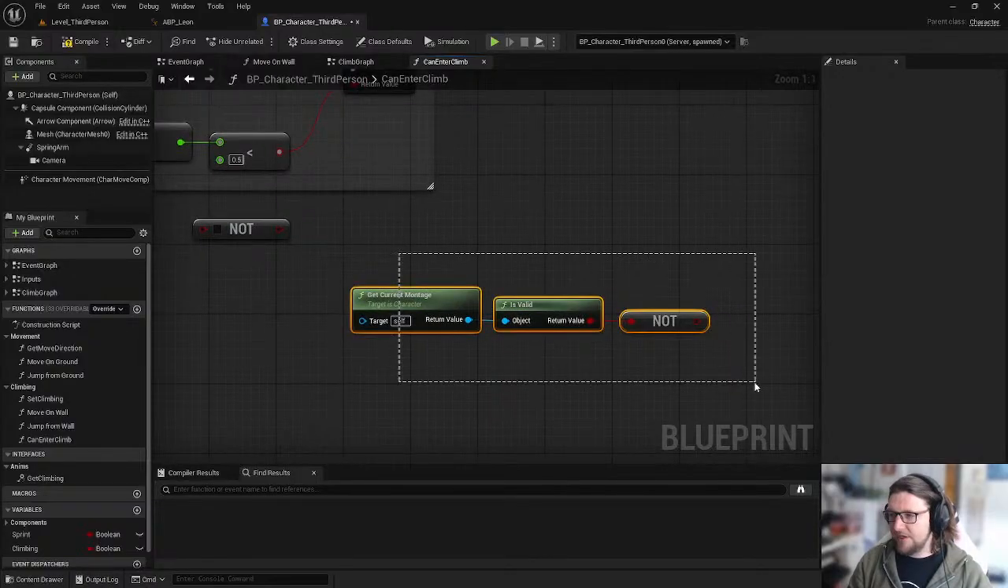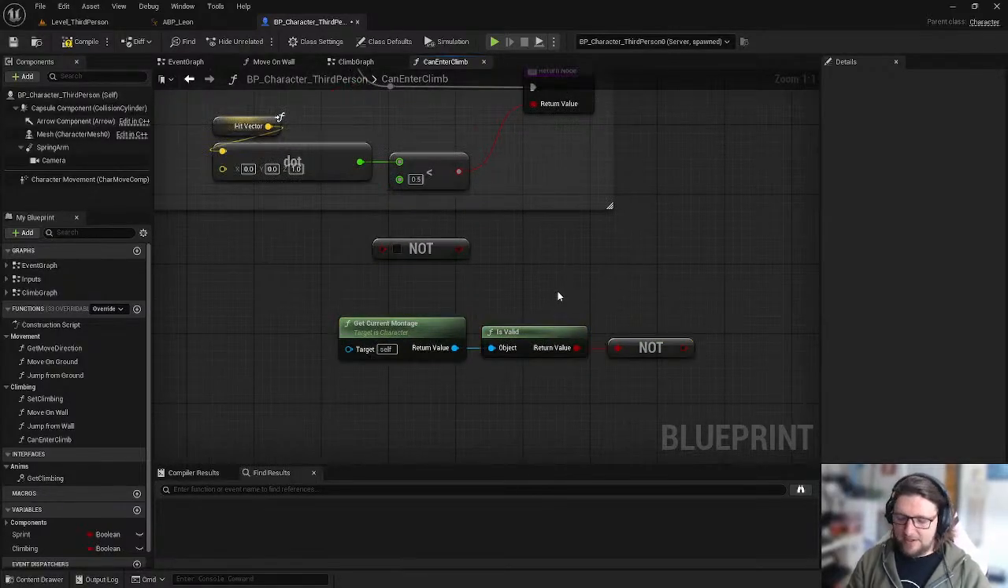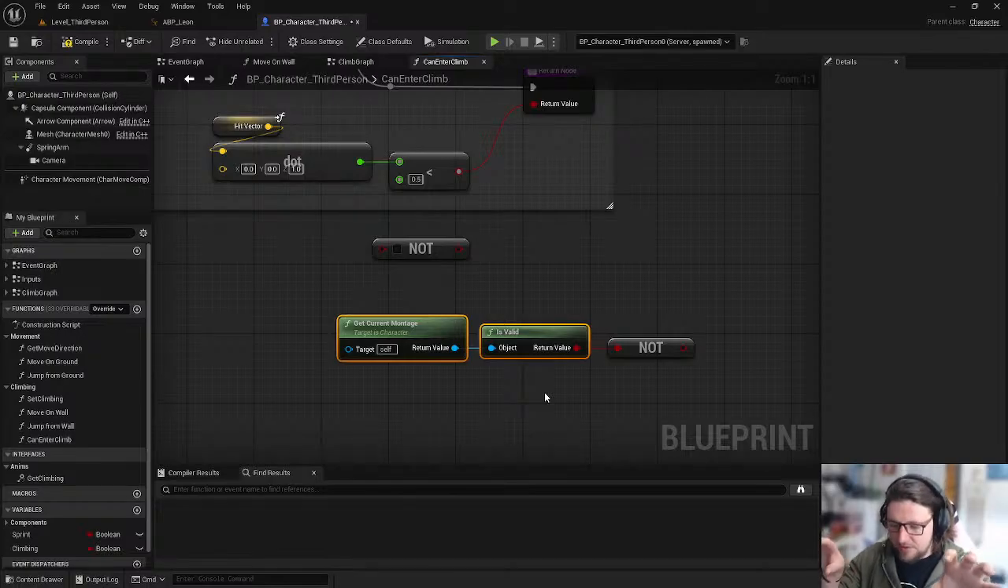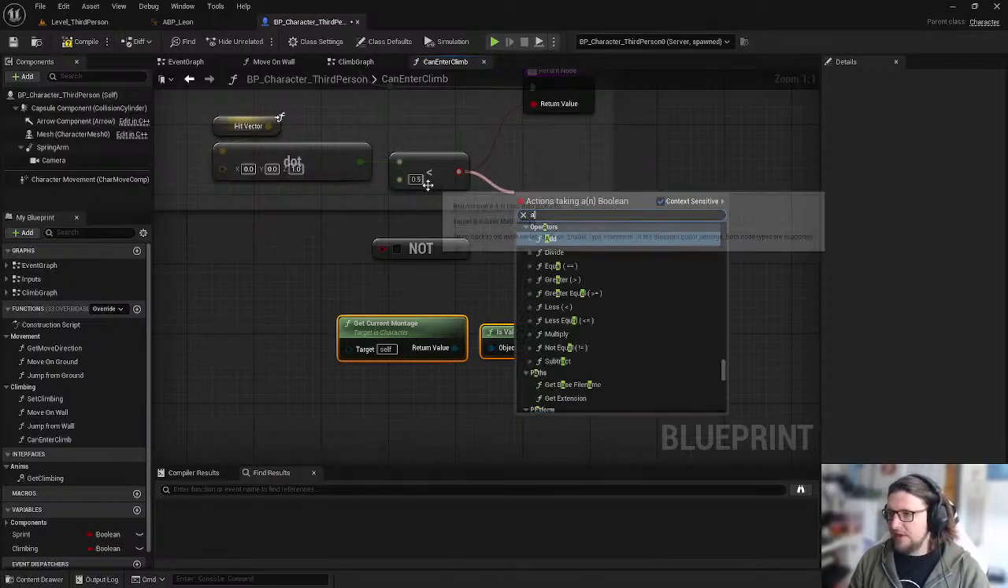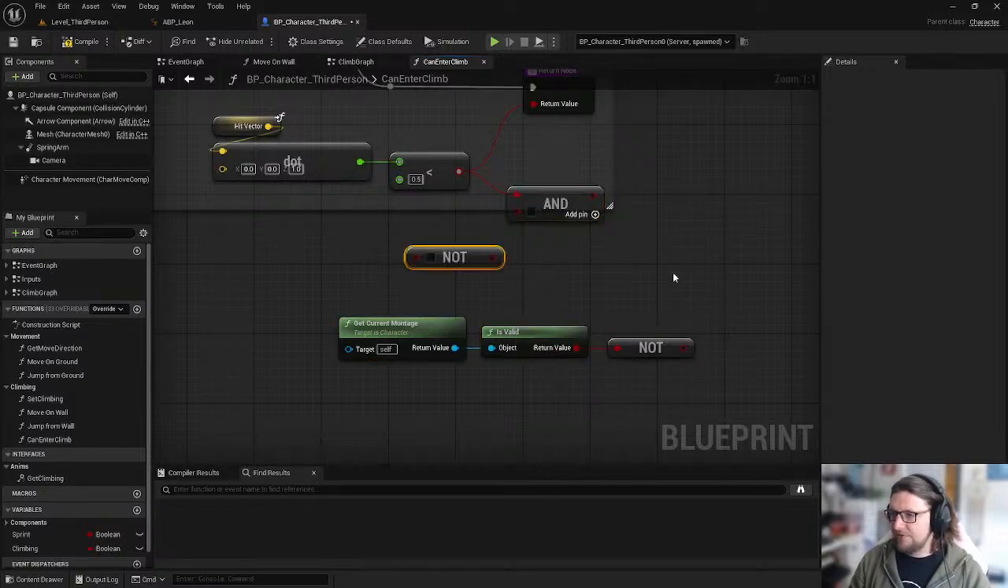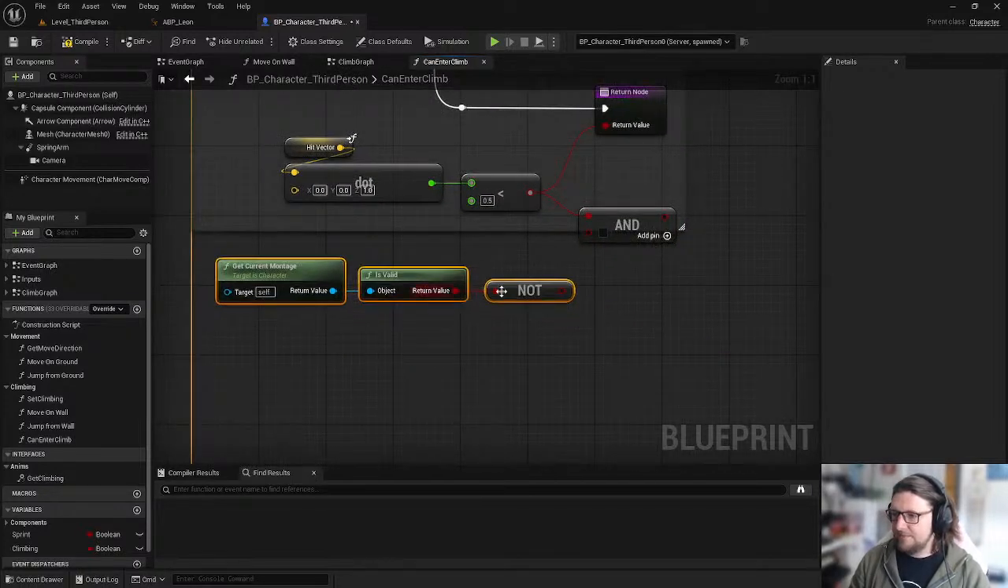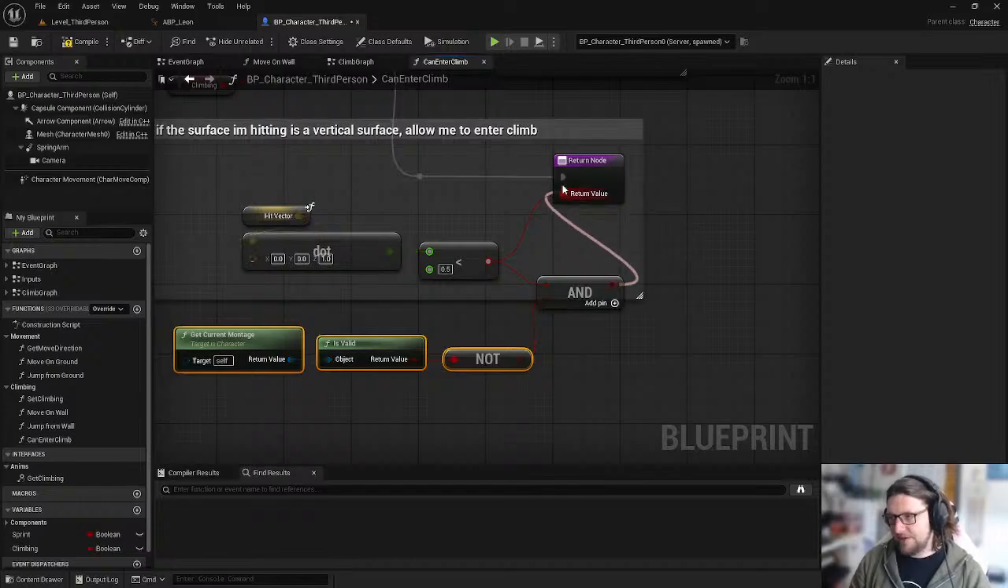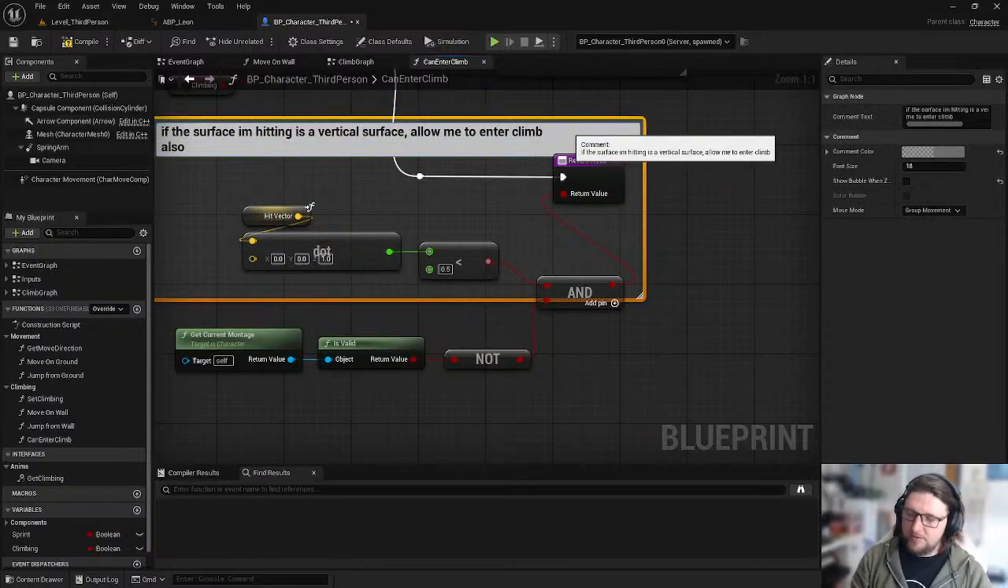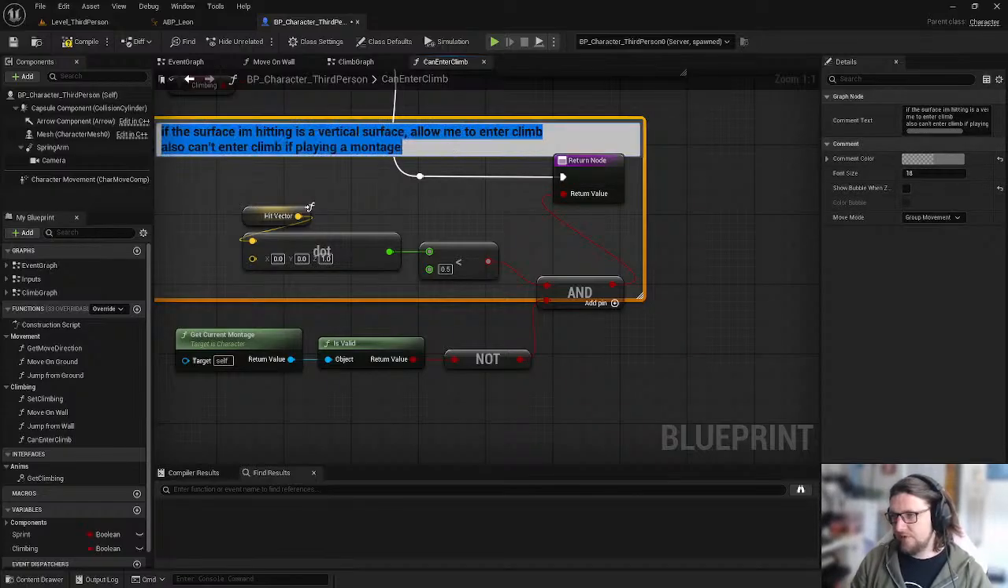So what this get current montage is valid is saying is, if you're playing a montage such as getting up onto the wall, getting off of the wall, jumping off of the wall, or jumping sideways, or any of these kind of conditions, then you're not allowed to enter climbing. So essentially, as long as we're not touching the floor and we're also not playing an animation. Also can't enter climb if playing a montage, such as